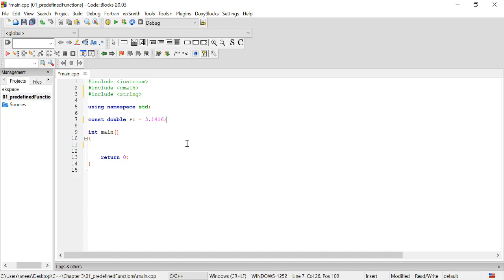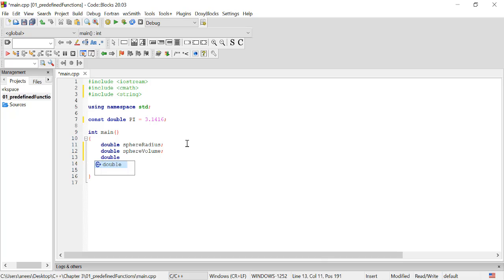Here we're going to be using pi. Now we're going to have to write some variables. Double sphere radius, double sphere volume,